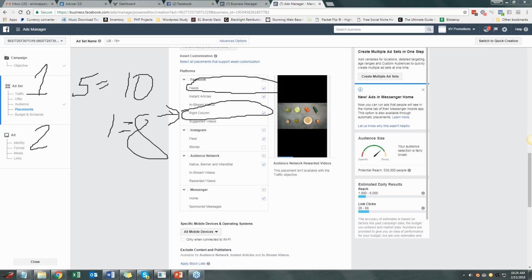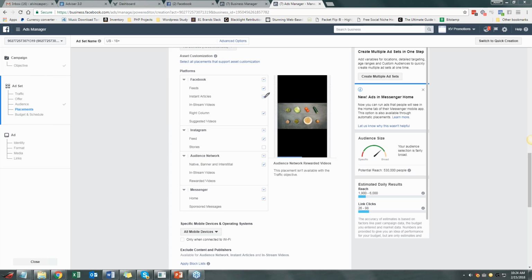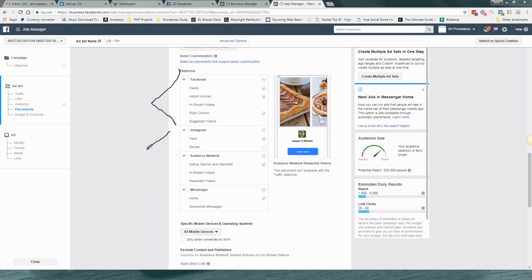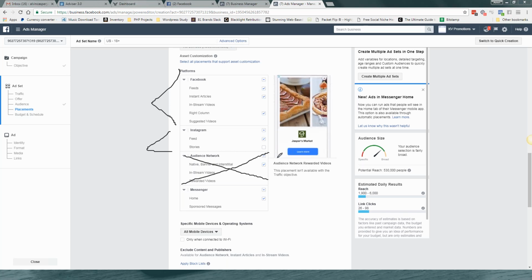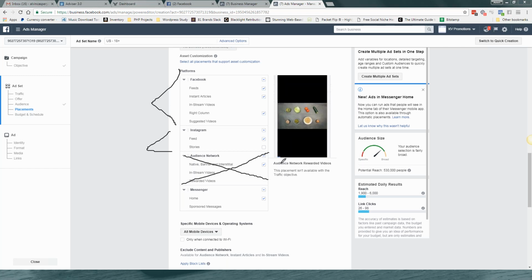Now, let's simplify this, because again, too many options might be a bit complicated for someone, right? So everything here is Facebook. Everything here is Instagram. If you're selling any kind of product that you don't want to show up on advertising networks, remove this, because usually in most cases this is going to result in some weird results, some results that you can't really measure. Basically, this is kind of like AdSense,